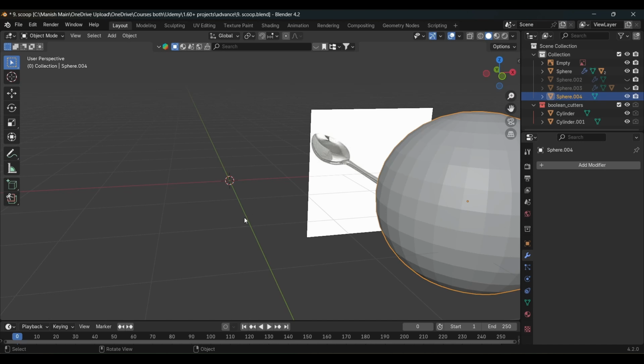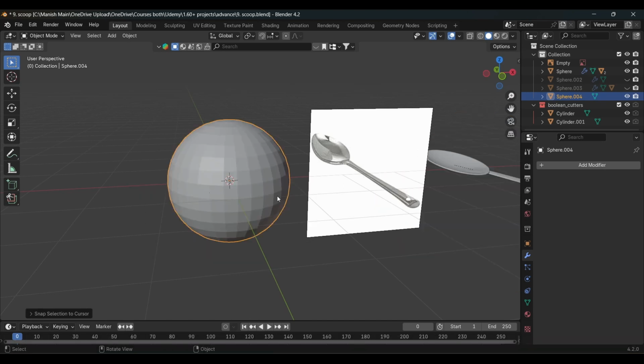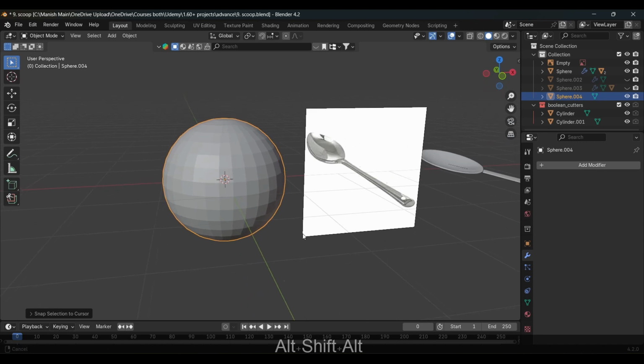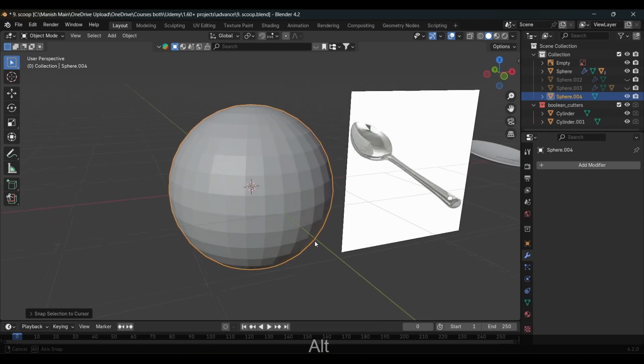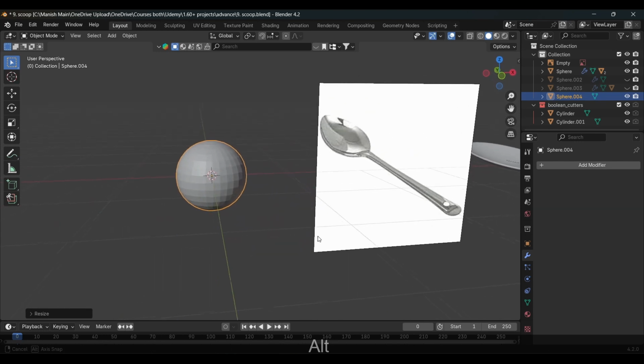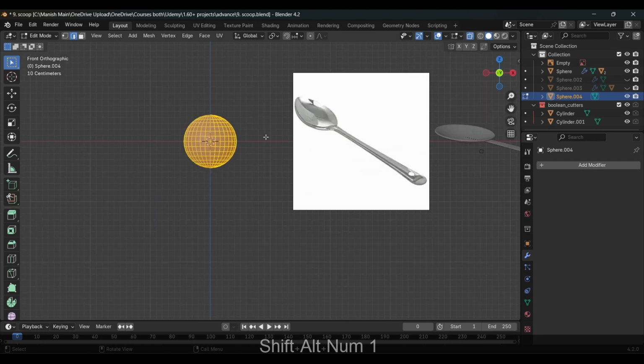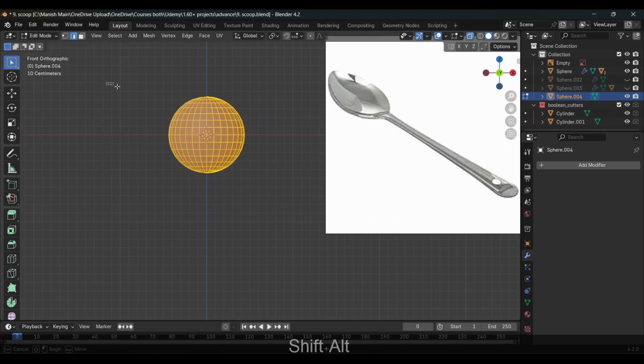Now select this mesh and press Shift S. Now selection to cursor. So this is the work. Now I'm gonna decrease its size. Now I'm going to edit mode again. Now enable this X-ray mode. Now enable front mode. Now delete